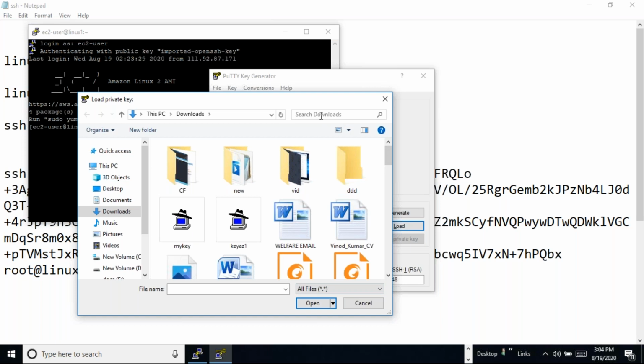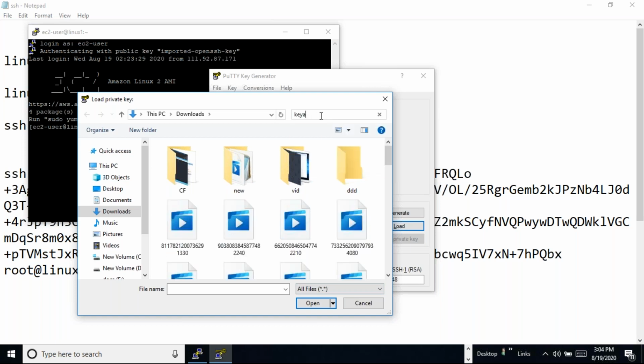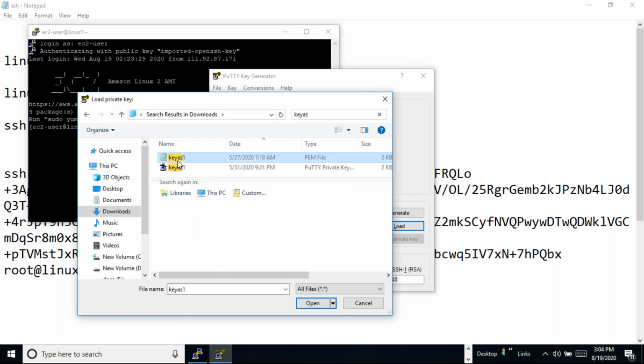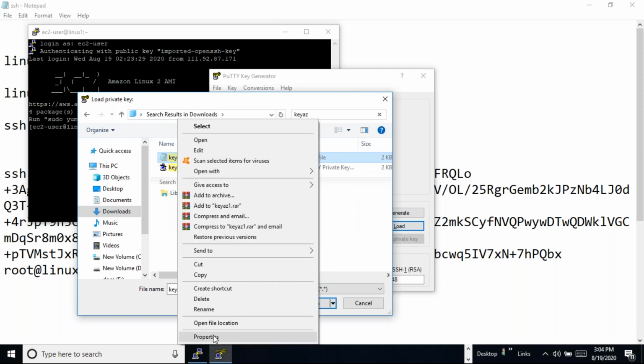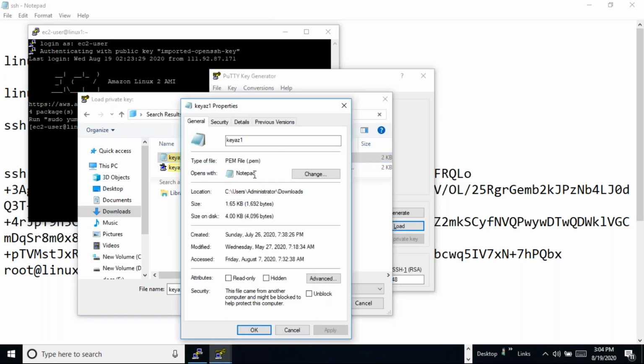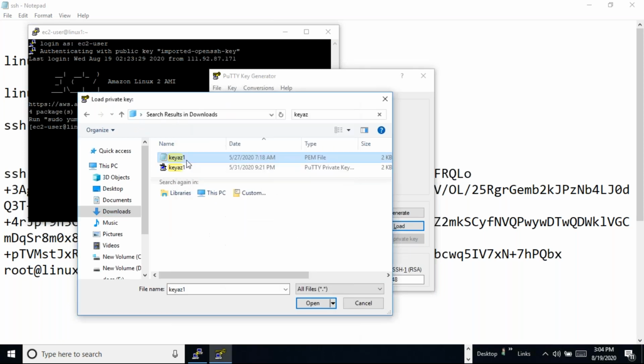So the key format will be different. We can see this is the PEM format. Generally, sometimes we will get the PEM format key. That's a PEM key. We have to load it. So I have to load the PEM key,